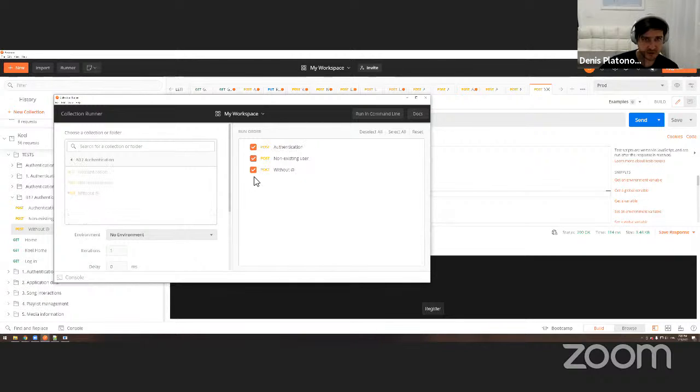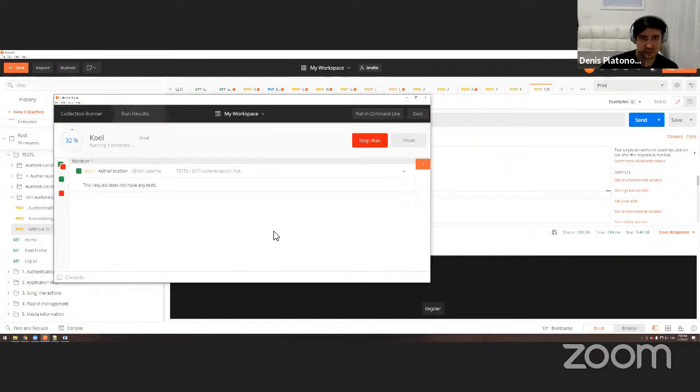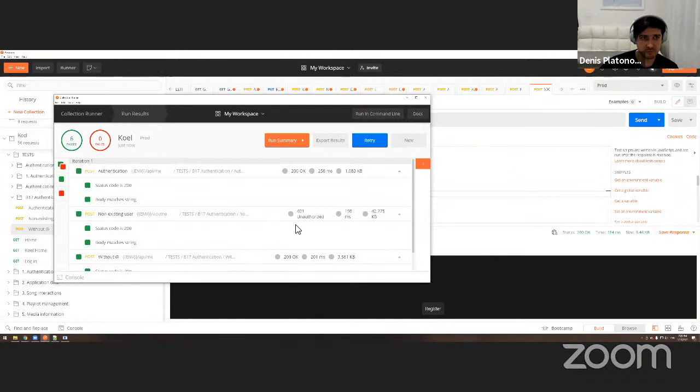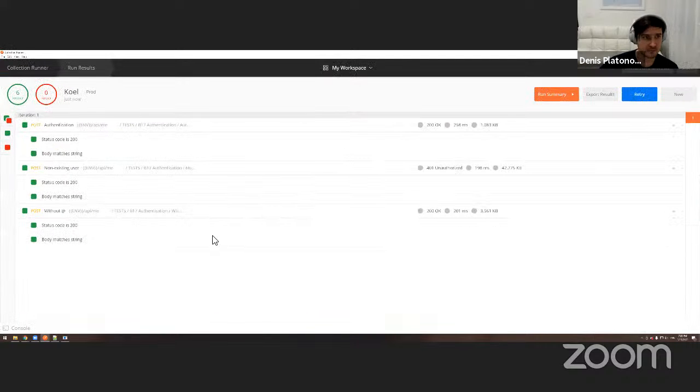So you just select the whole thing. So these are all the test cases. Environment. Mine environment, I think it says prod or no environment. And then you just run, and then boom, boom, boom. You see? Easy breezy.